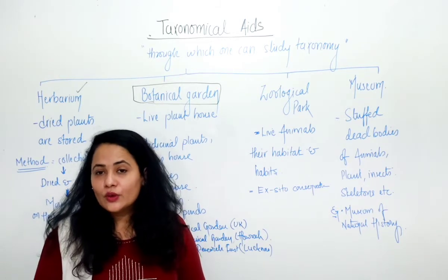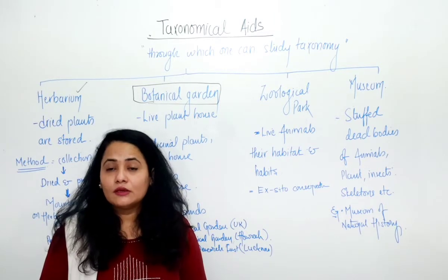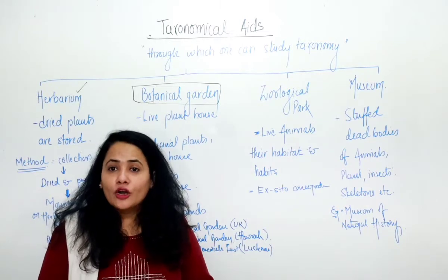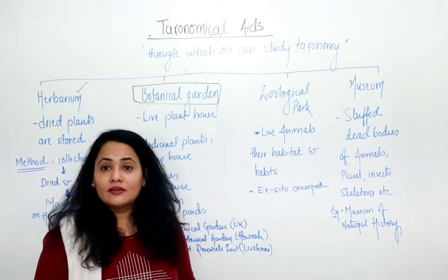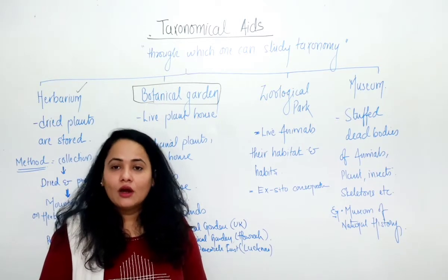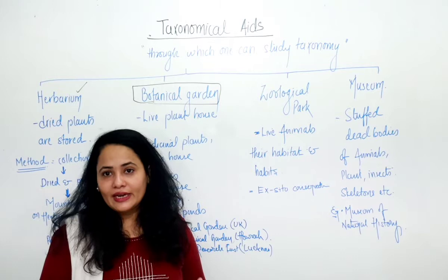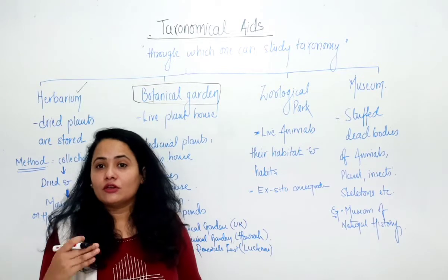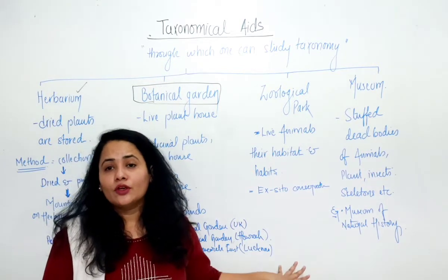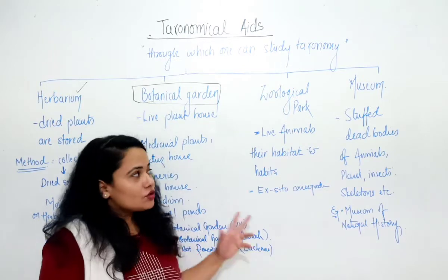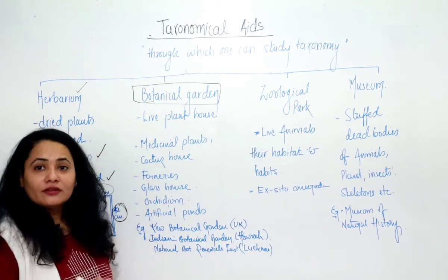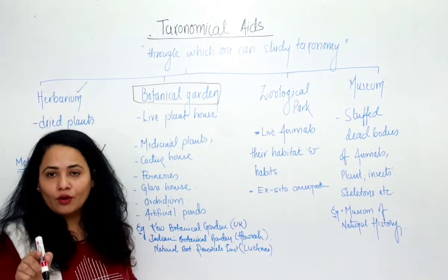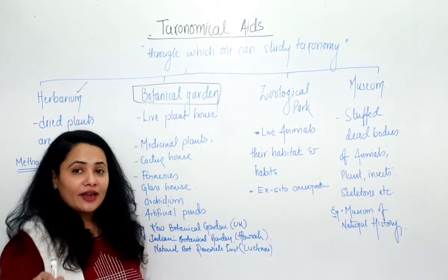What do we see there? We see different kinds of plants: medicinal plants, ferns, fruit plants, orchidariums, cactus house, glass house, creepers, all are available over there. So if you want to study live plants in detail, how they are cultivated, how self-pollination and cross-pollination occur in a live format, you can go and visit the botanical garden. So this is about a botanical garden. Remember that this is the place where plants are preserved or cultivated in live form, whereas in a herbarium, they are dead.